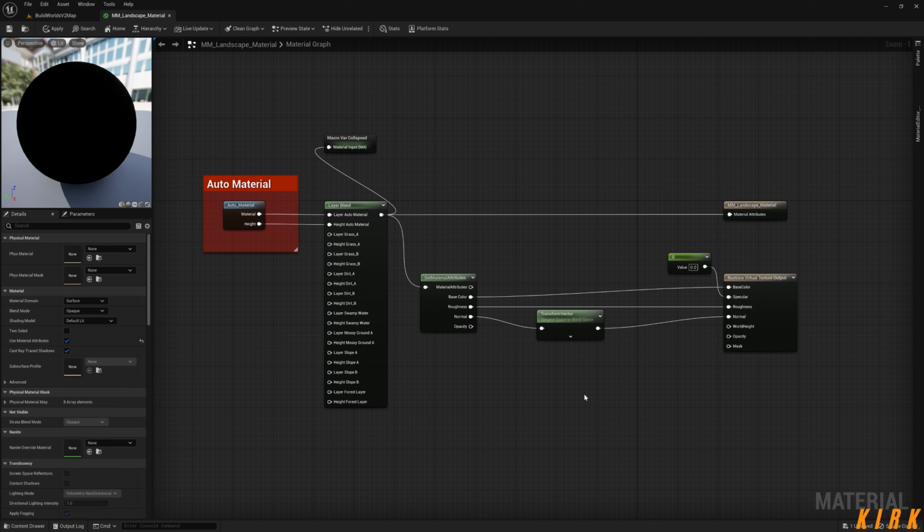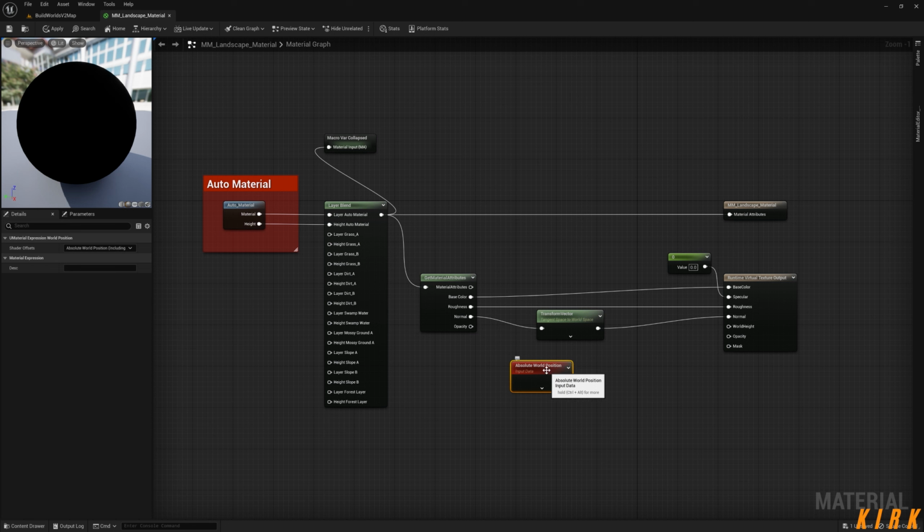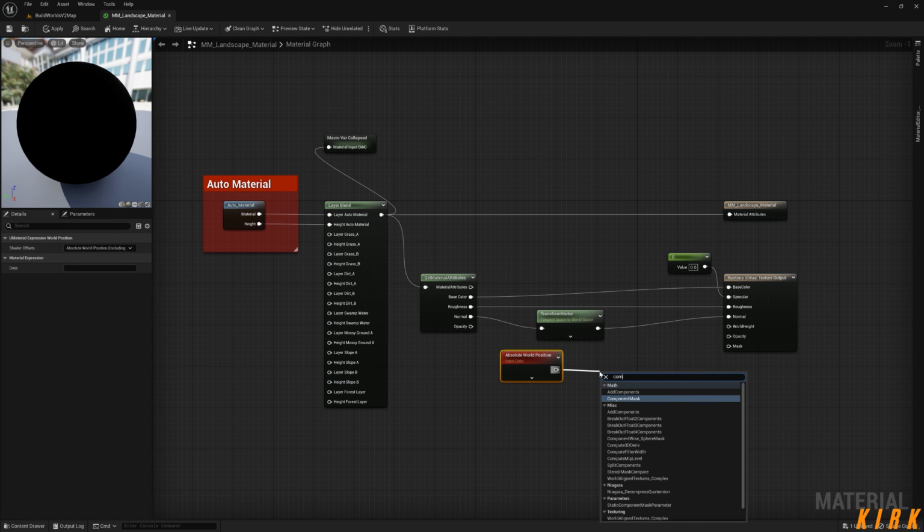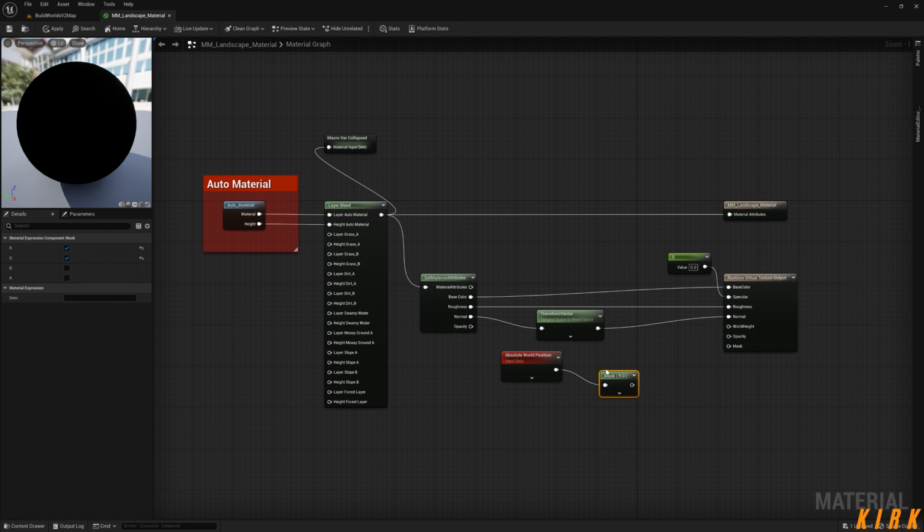And then the world height. We need to give our virtual textures the world height information, and we could simply do that by right clicking and typing world, and we'll get our world position, which is our absolute world position. And all I want is the z-axis. If you've been following my channel along, you'll know that I use a component mask quite a lot to get a particular axis, as we have x, y and z. So I'm going to enable our z-axis and disable the x and y,